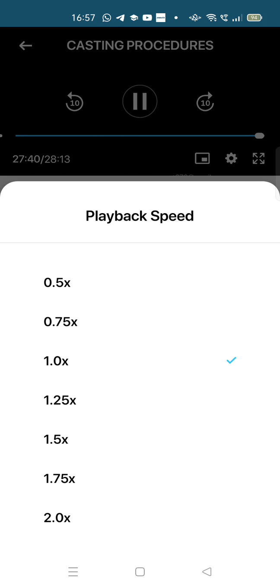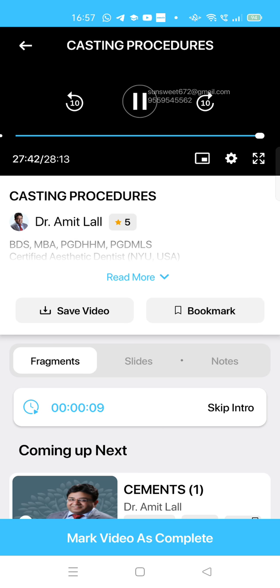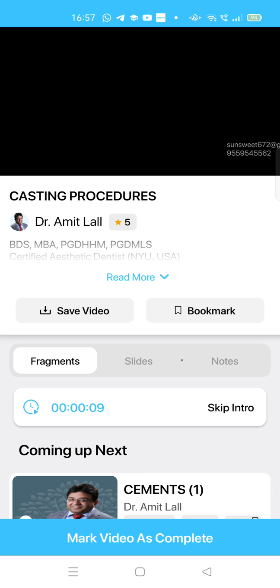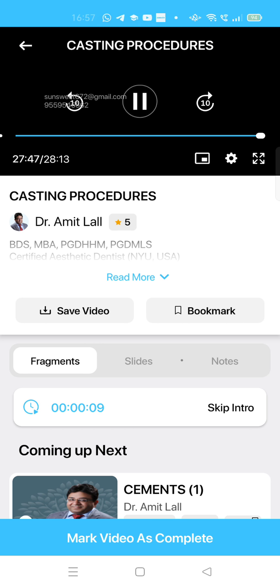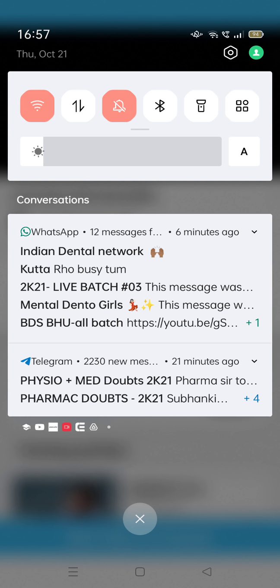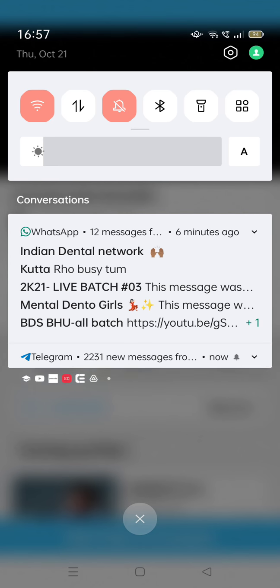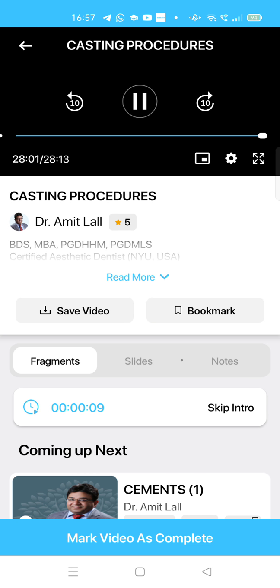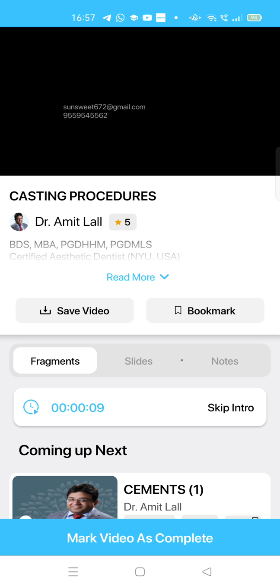I'll give you one very good reference. When you are making wax rims or teeth denture during your prostho pre-clinics, you all have to make your wax rims very shiny. Okay, so wherever there are a lot of wax strips attached, it will be shiny and of smooth texture. So whenever there is wax left out in the wax pattern or the casting, that wax will cover that area and that will always be very shiny.